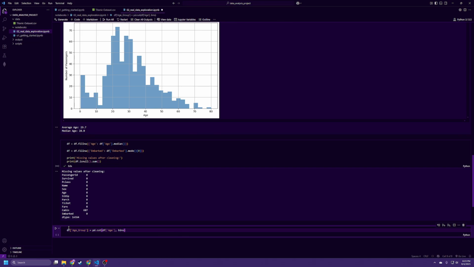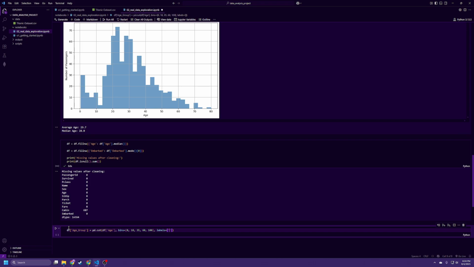So the bins should be equal to a list of different bins: ages between 0 to 18, 18 to 35, let's say, and then 35 to 60, and then 60 to 100. After that, we do comma again, and we'll give labels for each section, and we'll do equals